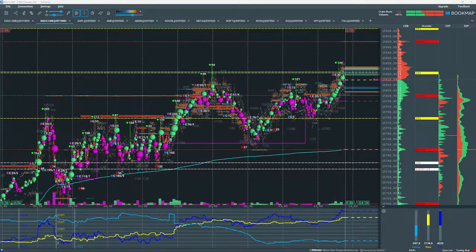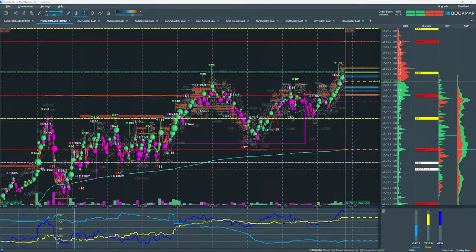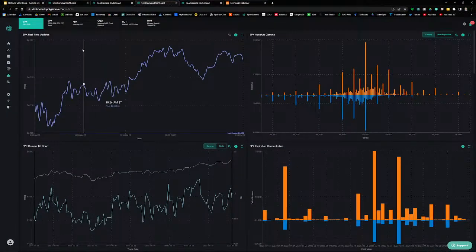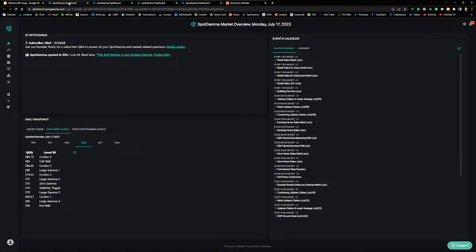All right, so again for Nasdaq QQQ, the volatility trigger did shift higher from 369 to 374, and then again, most significantly, the call wall shifted higher from 380 to 385. Let me just point out, see if I can answer a couple of questions here. So first of all, here's where that QQQ level came from. That 379.52.